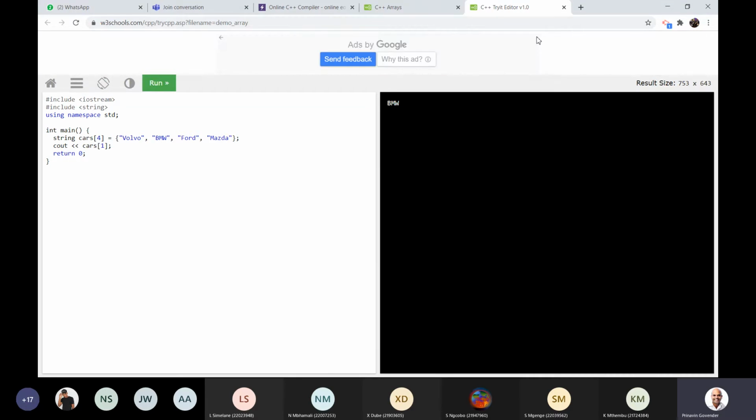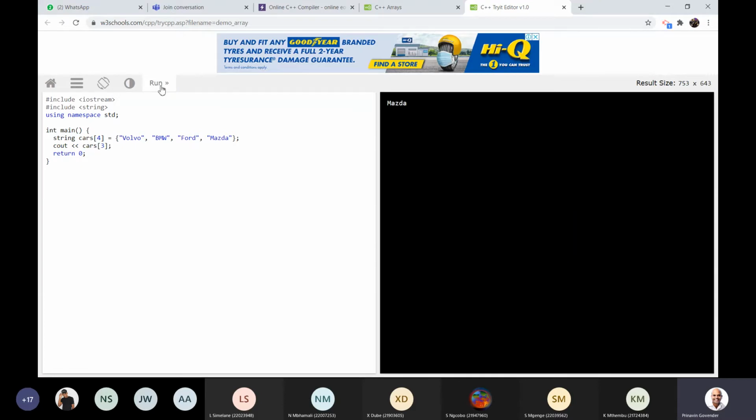Don't you like it? If I change it and say cout cars subscript 3 and I run the program, it should give me Mazda. Right? It should give me